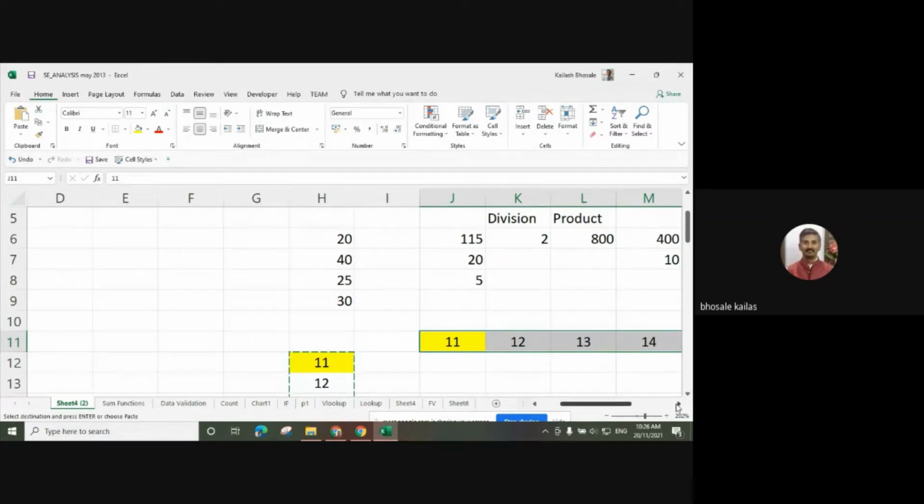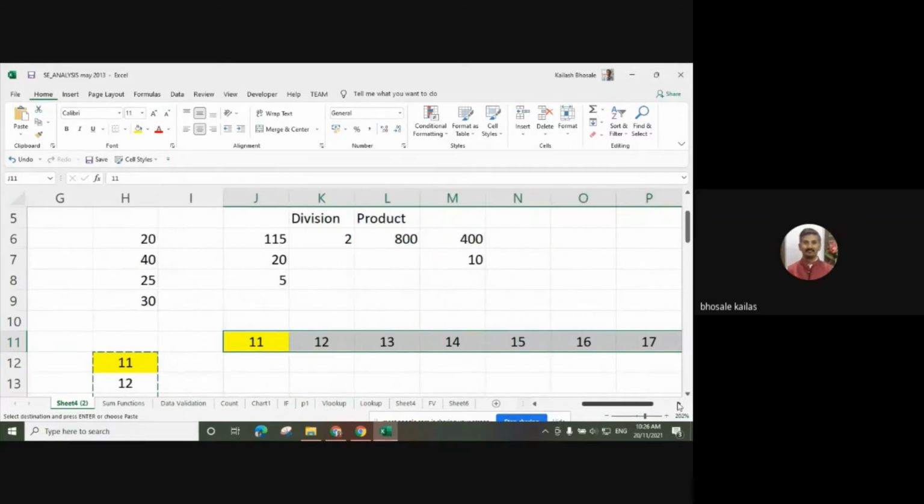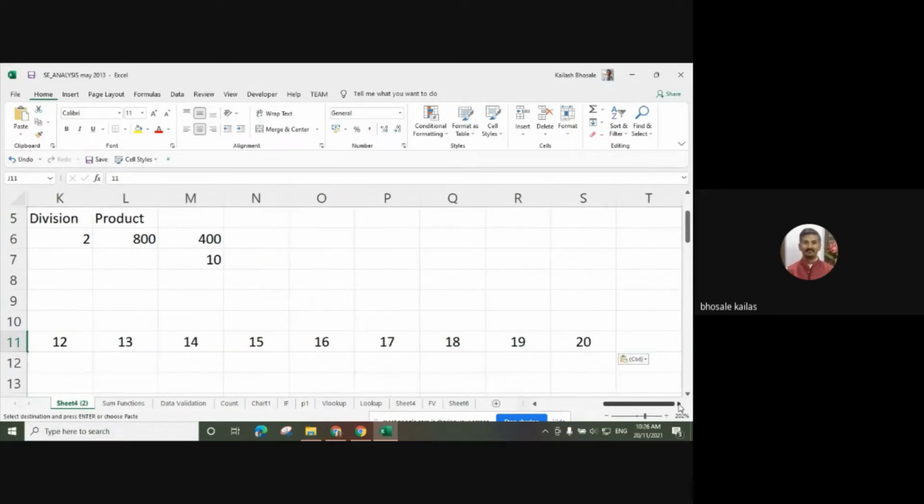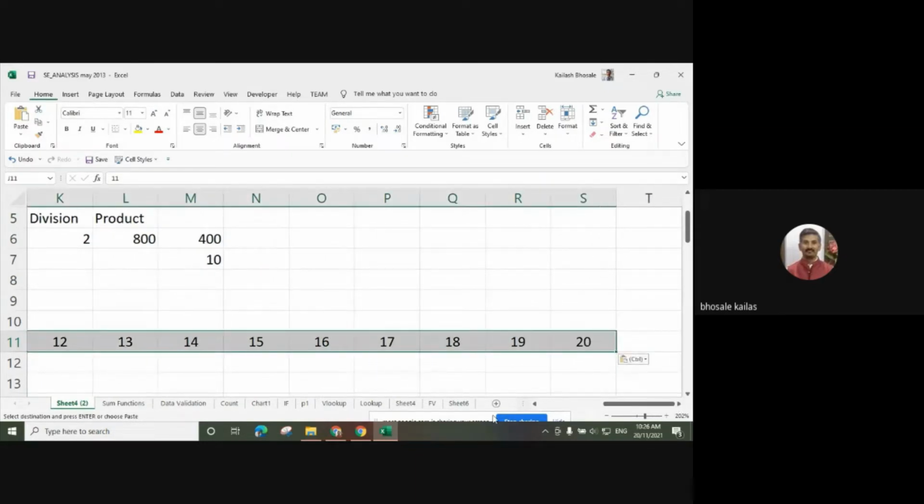Suppose there are many values and I want to shift all these values from one place to another place. So what I can do, I can select all the values. You can move it,